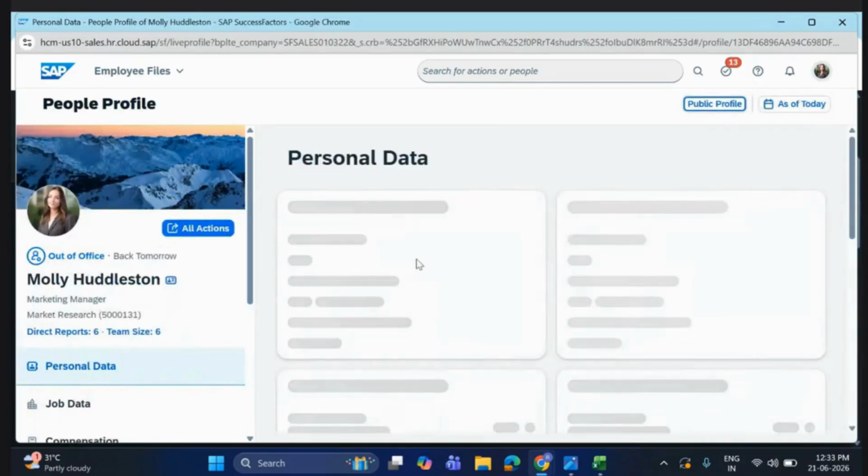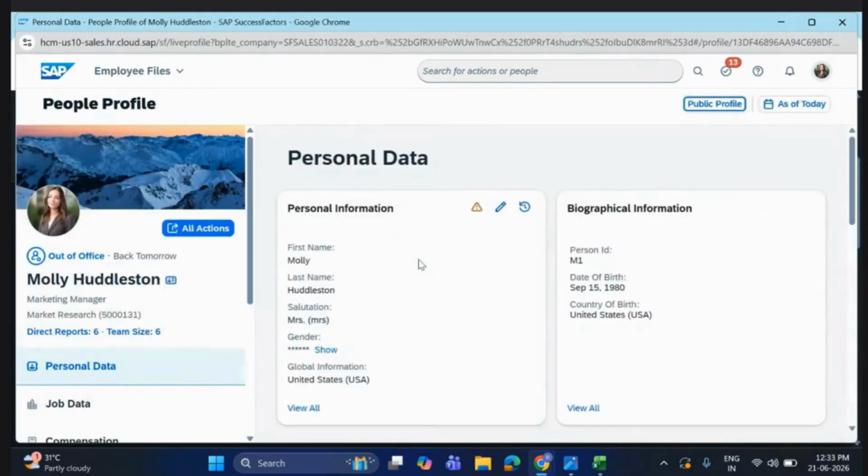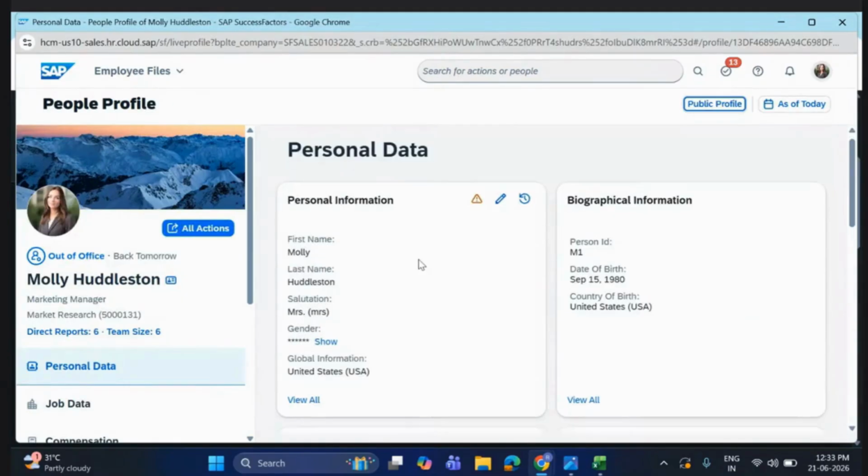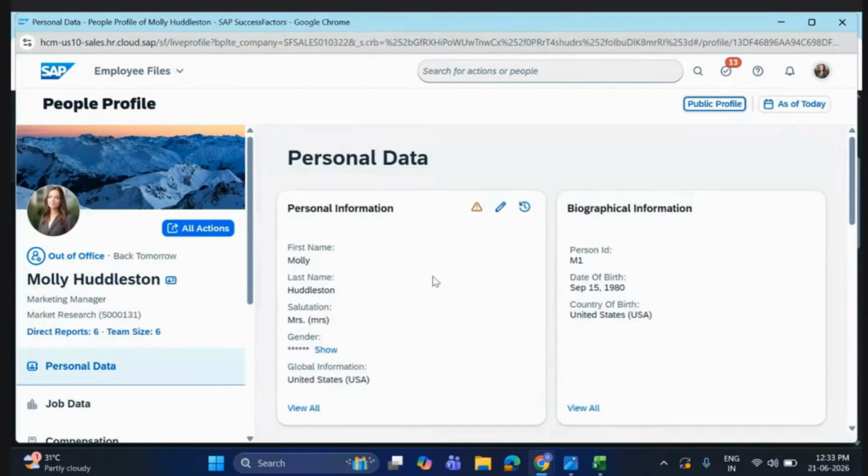So that's how somebody's profile is visible. Again, depending upon the role that you have, you will get to see the information of this person. Let's suppose if you are an HRBP or HREP, then you will get to see the entire information of this person, right? The very first thing that you will get to see about this person, on the left hand side, is that there are different views.